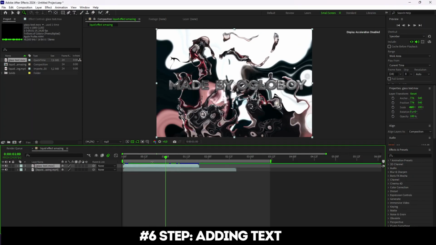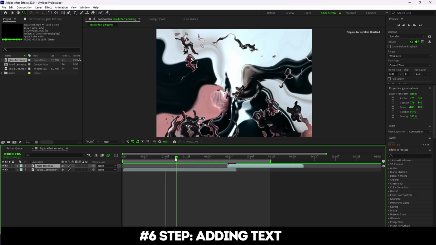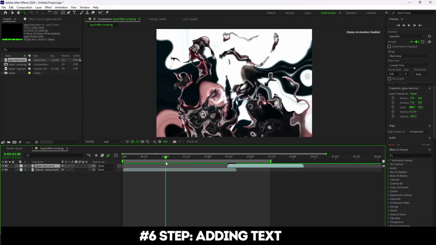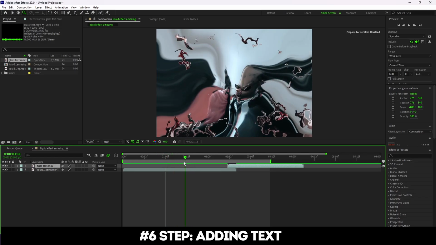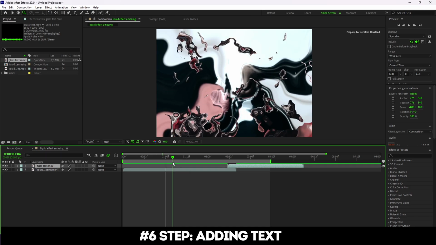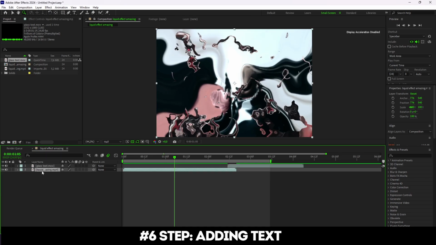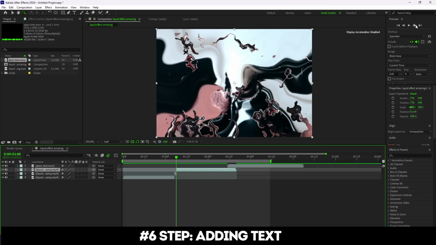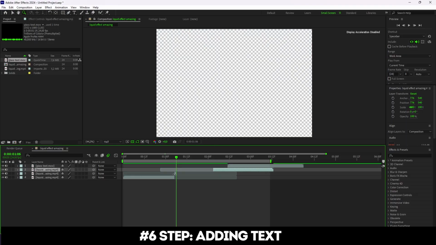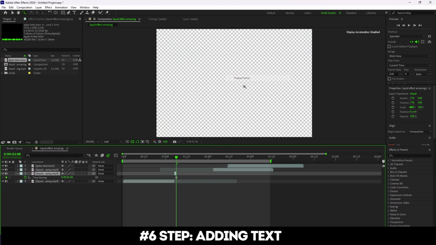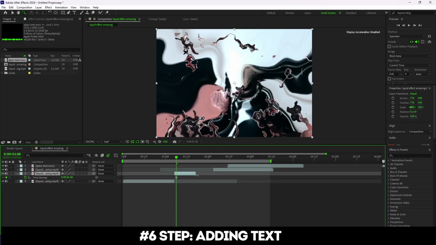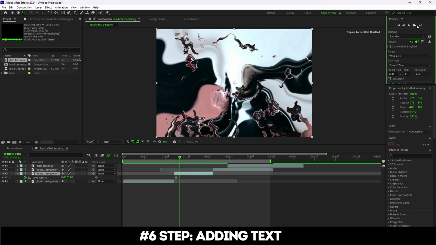Okay guys, let's add our text into the effect. First, we need to find the exact moment where we want the text to appear. I really like this spot right here when all those particles are flying apart. So let's cut out a single frame using Ctrl+Shift+D, right click on it, choose time, freeze frame and stretch it out to about 20 frames. I want to create an animation where on this freeze frame the camera first pushes in toward the text and then pulls back out.